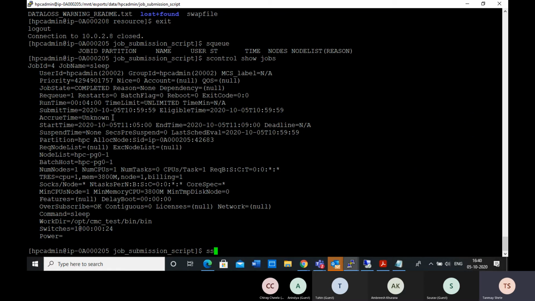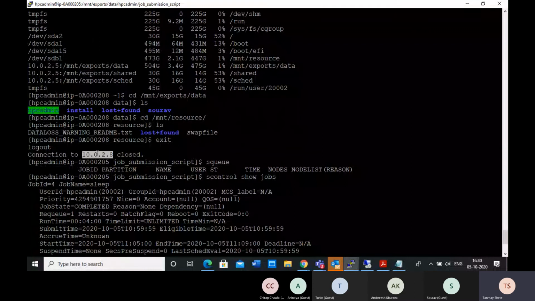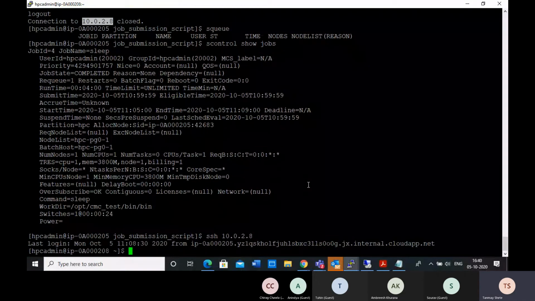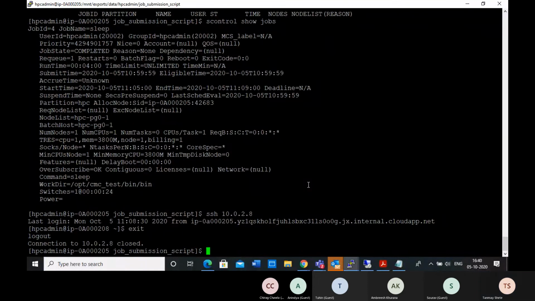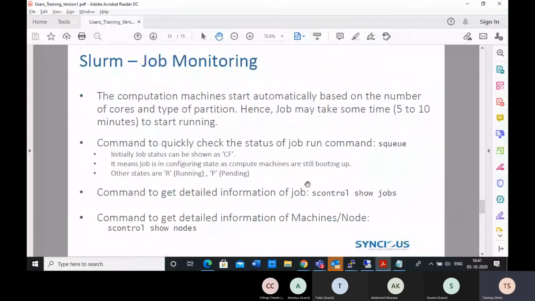So for example, if you again try to SSH onto the same 10.0.28, it will not work after some time because the machine will get destroyed. Okay. Anything else that you have in your mind?